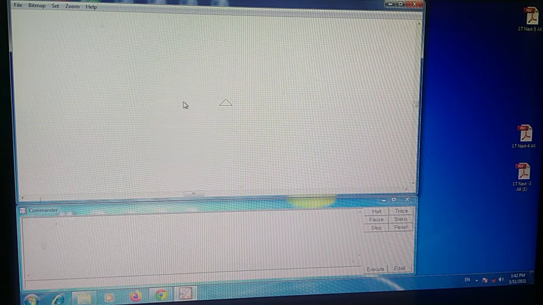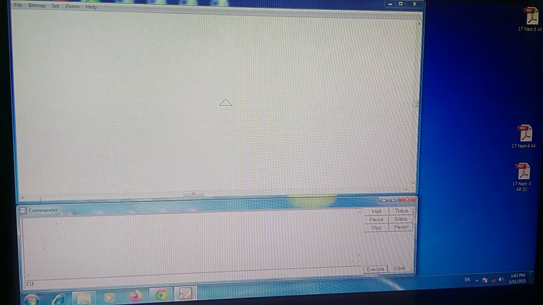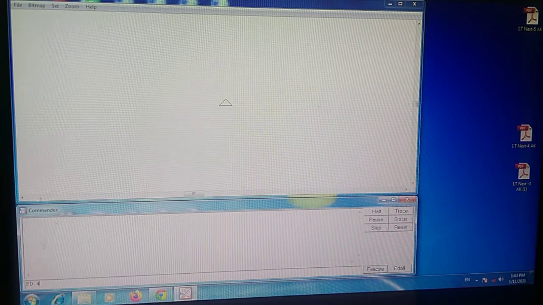If you want to move the Logo turtle or draw any picture, how can you draw it? Suppose we have to move the turtle in the forward direction by giving a command. Here below you can give the command, this is your input box. FD, then space 40.